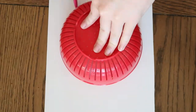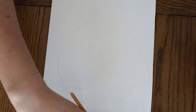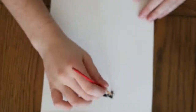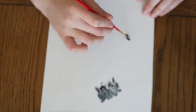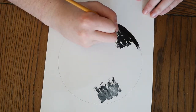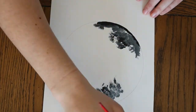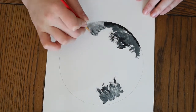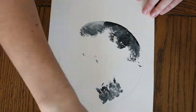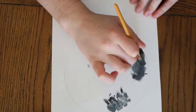For the last DIY, I decided to paint a picture of the moon, and so to do this I traced around a bowl to create a circle, and then I went in and dabbed some black paint in places where I wanted to create shadows, and then also I traced along one of the edges with black paint where I wanted it to be like the dark side of the moon, and then I mixed some white paint in to